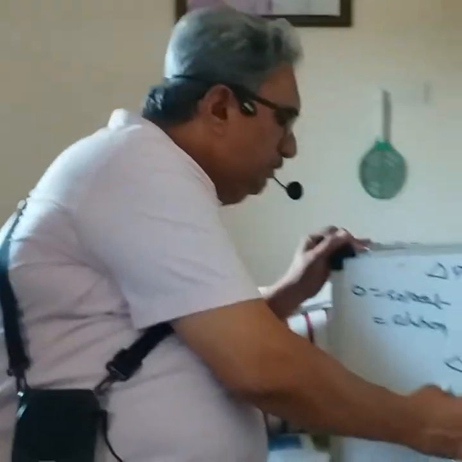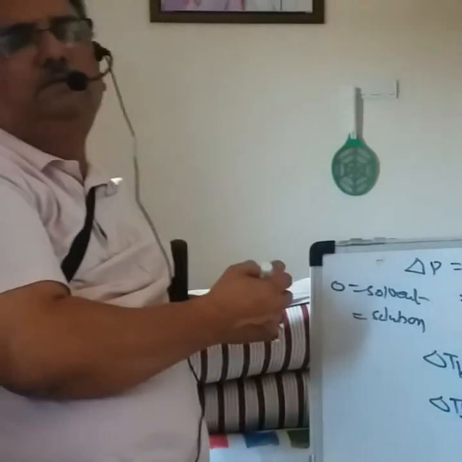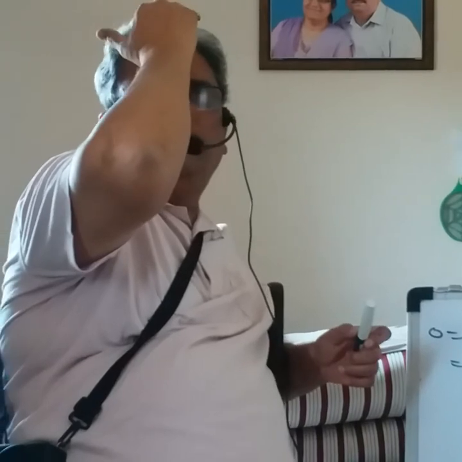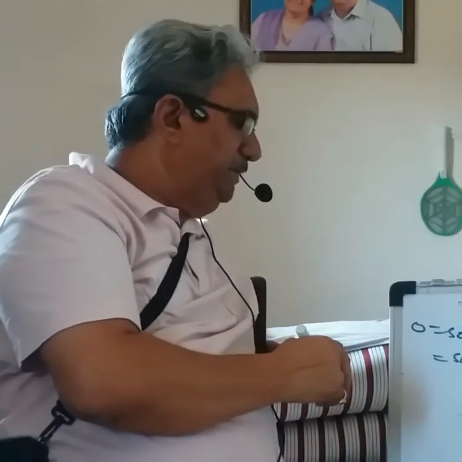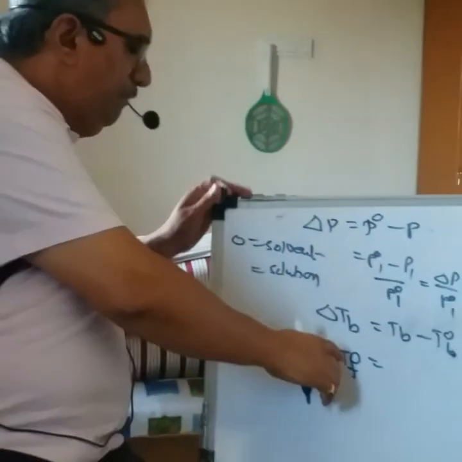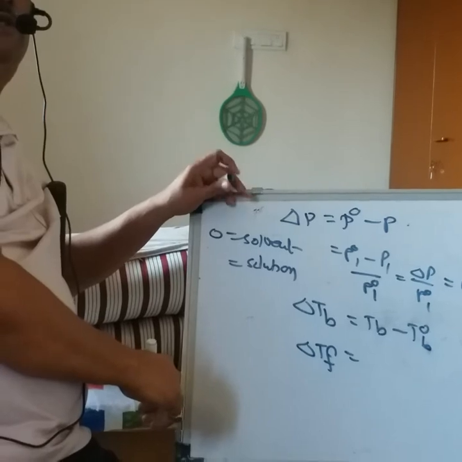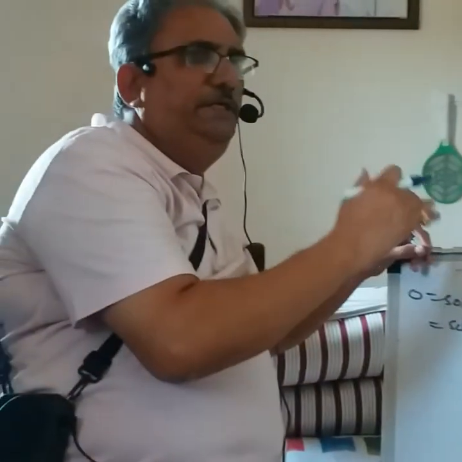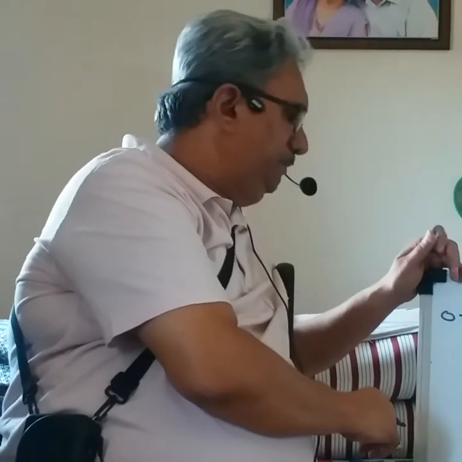So you know that the freezing point of water is 0 degrees Celsius, 273 Kelvin. When you make a solution, the solution has a lower freezing point than the solvent. So again, like vapor pressure, the freezing point will decrease. We symbolize it as delta T F. F means freezing point, delta T means change in the freezing point, and the change is a decrease. So it is called depression in freezing point.